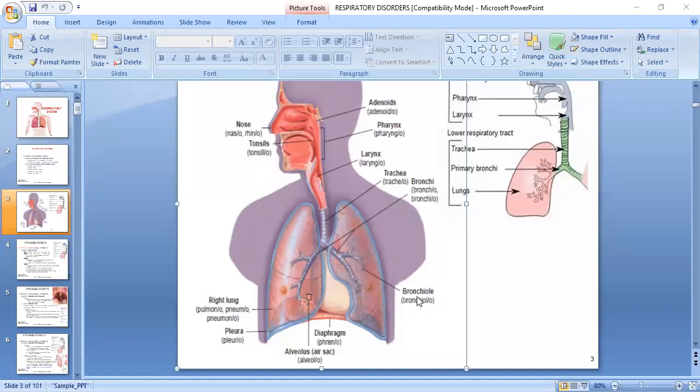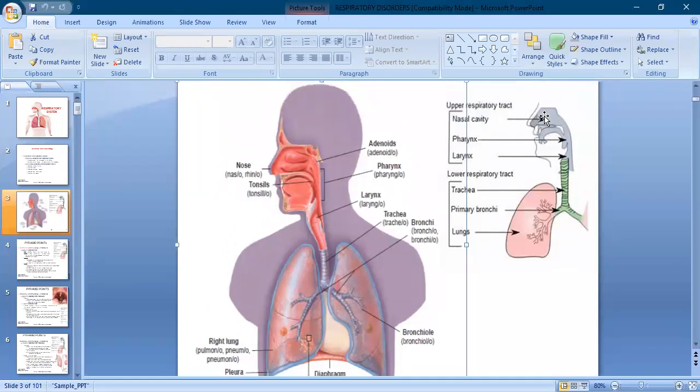This is called bronchiole. If we go to this picture here, you see they divided the respiratory system into the upper respiratory tract and the lower respiratory tract. In this lecture, upper respiratory tract means nasal cavity, pharynx, and larynx. The lower respiratory tract means trachea, then the trachea bifurcates into